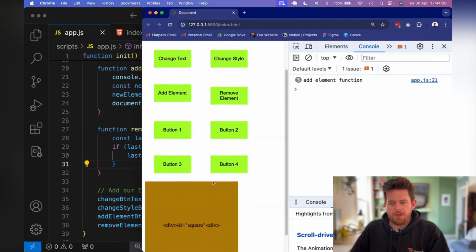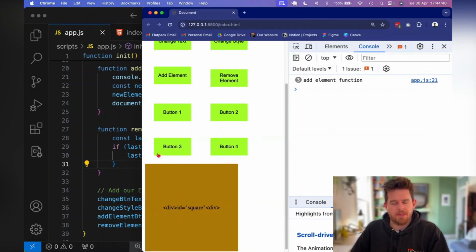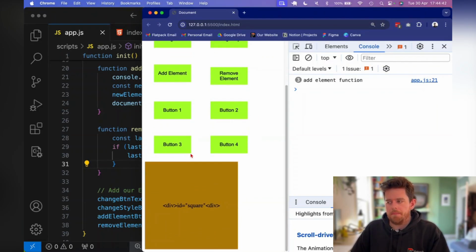So if we scroll down on the page here, we'll be coming back to these buttons in a moment. But the challenge that I'm going to set you is this square here. What I want you to do is to change its color when your mouse moves over it. Now, you can choose any color you like, but I would suggest a bright color like blue, just the CSS blue color. But then I want you to change it to a different color